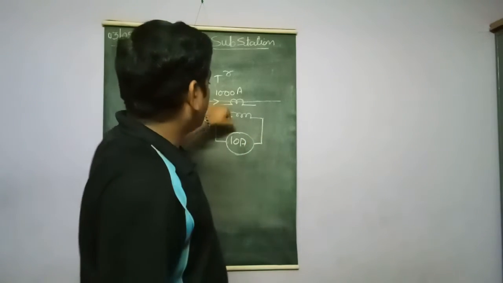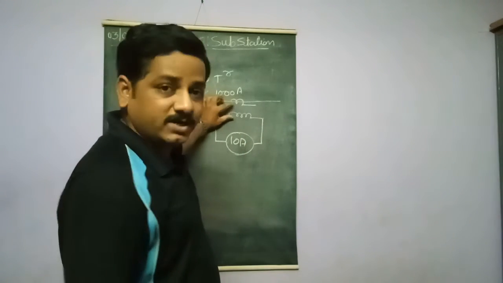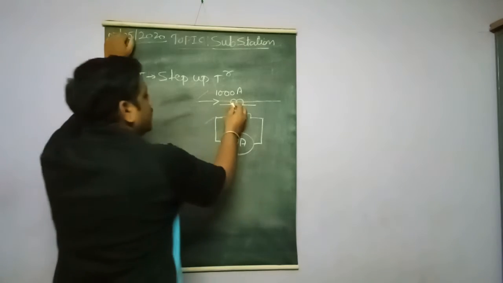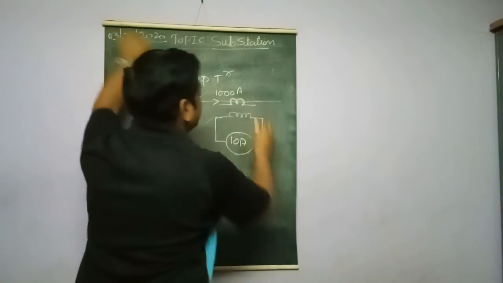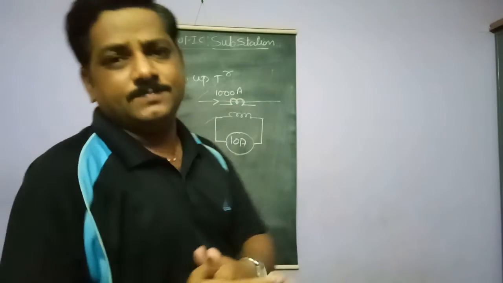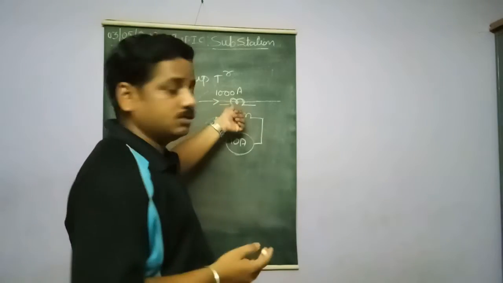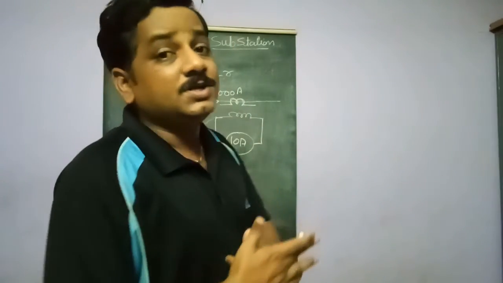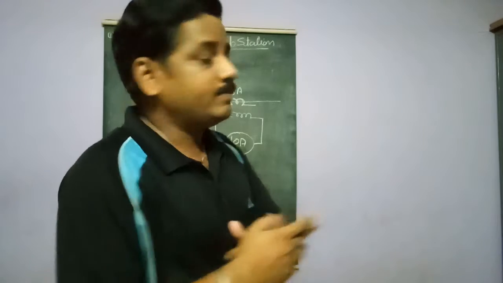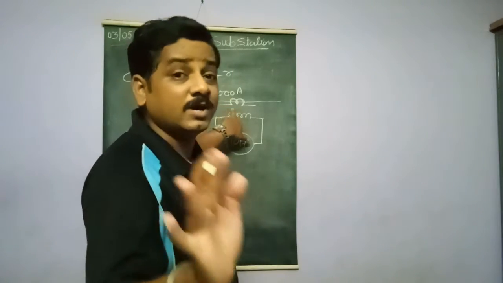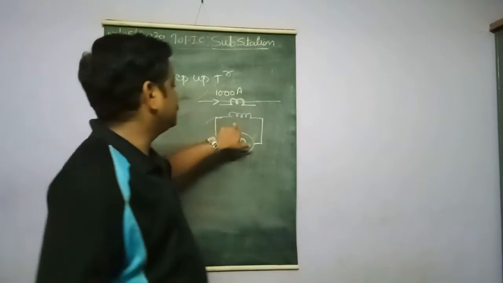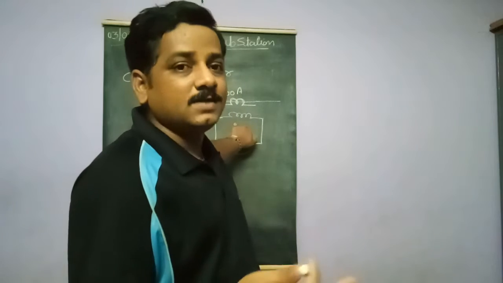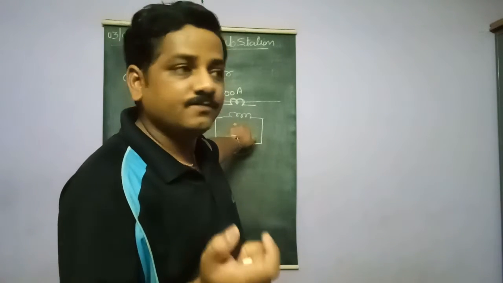Now how is the current going to be reduced? It's all because of the winding here. So look at this design. I have used fewer turns in the primary. Fewer turns means the resistance is going to be reduced so that high current can flow. Fewer turns and a thick wire. This point you need to remember. Fewer turns and a thick wire. Whereas on the secondary side we use more turns and a thin wire.